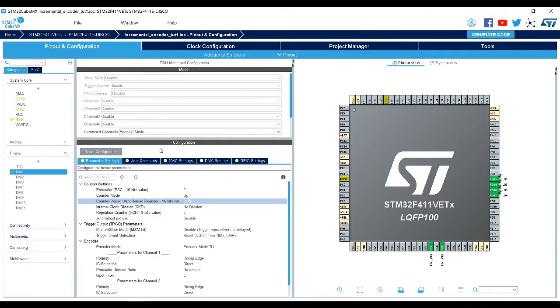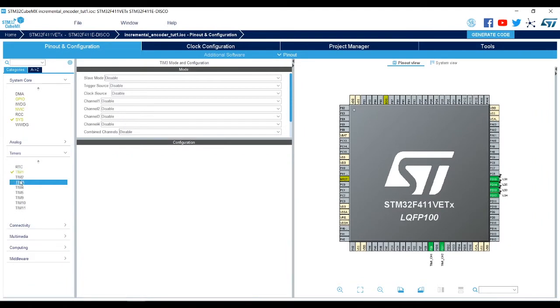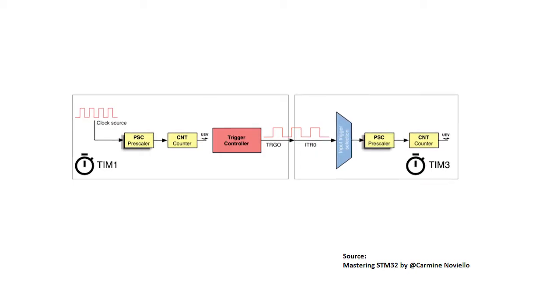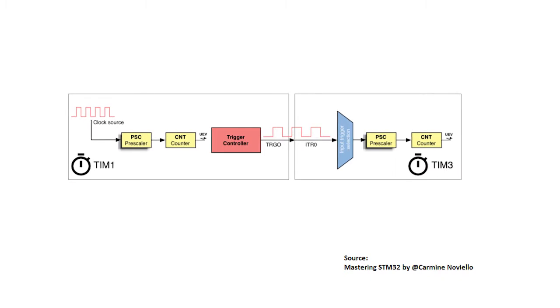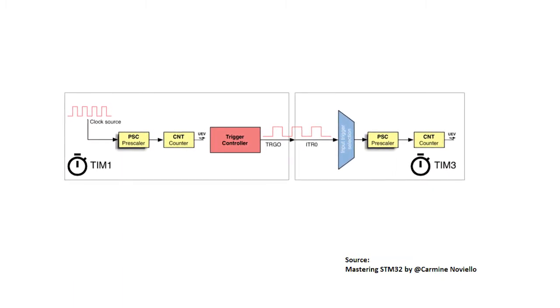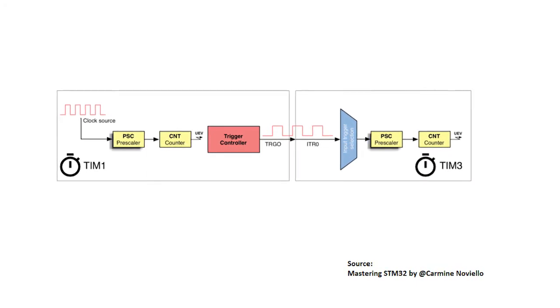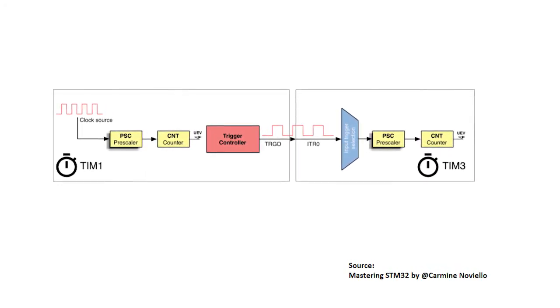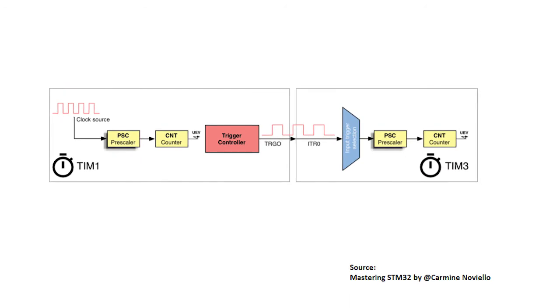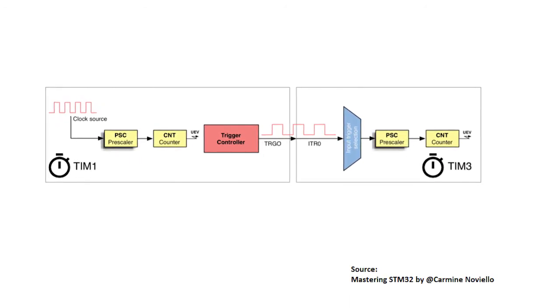Now, how do you measure the speed? For this, I'll be using timer 3. Configure timer 3 as a slave in reset mode. Once again, ARM architecture has an interesting way to cascade timers. Here in cascading of two timers, one timer can be configured as master and the other as slave, and the master can feed the slave timer through a dedicated input line called trigger output.